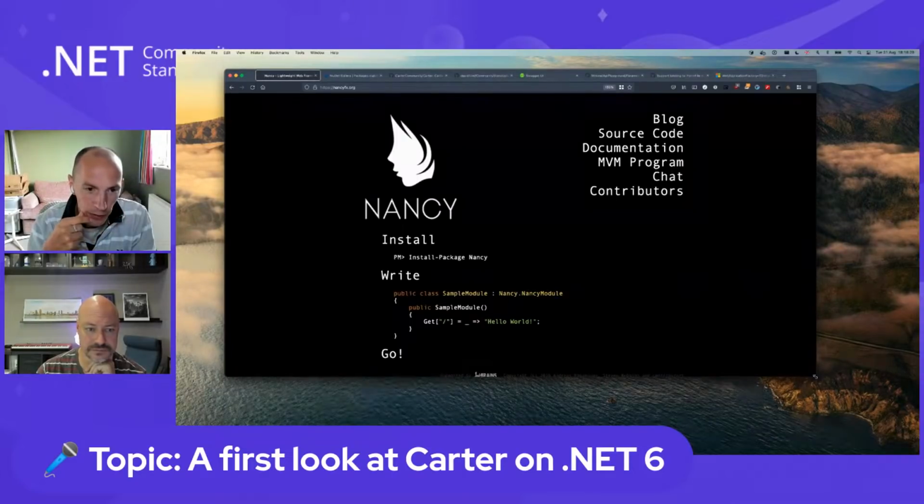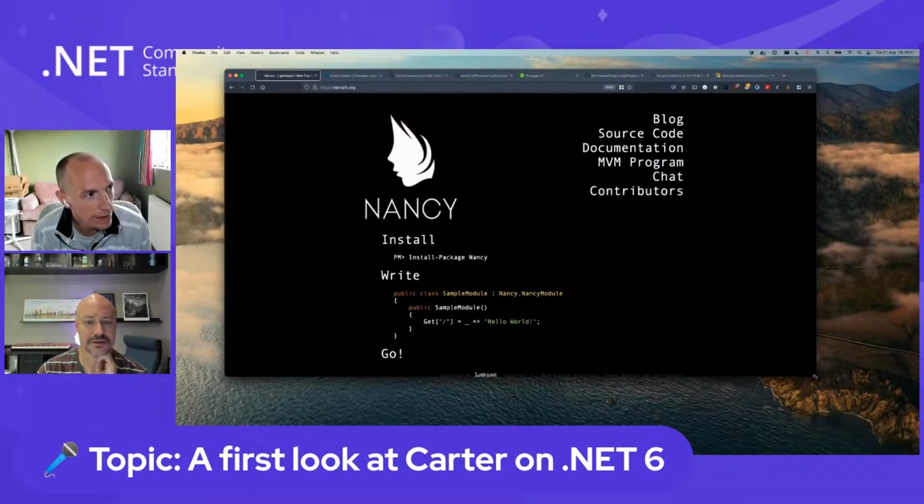Before we had Kestrel even, Nancy was running on its own self-hosted HTTP listener. I think HTTP listener was a class inside the .NET Framework somewhere, but it was simply, at the lowest level, a socket receiver, essentially. And so Nancy had its own HTTP context called Nancy context, and it was created from the socket layer, and populated the request objects and the response objects and things like that.